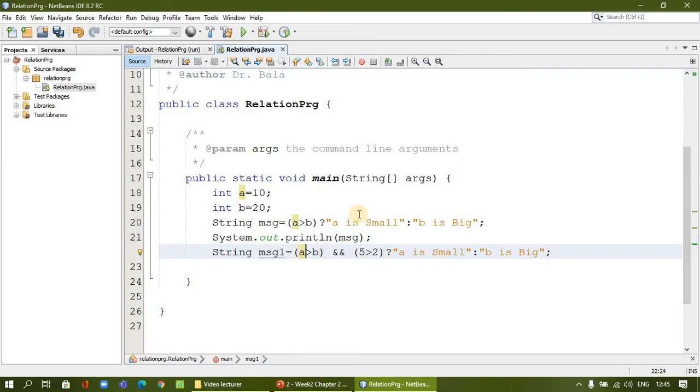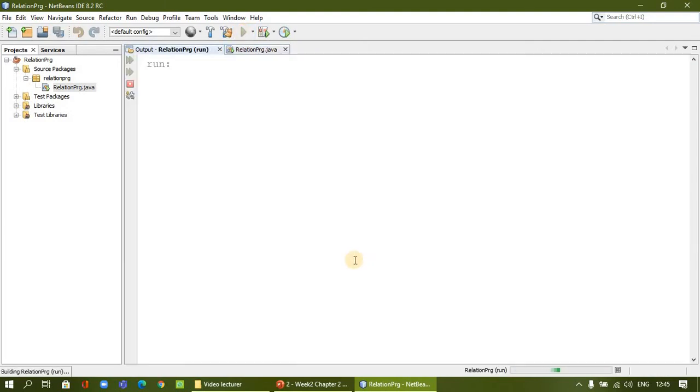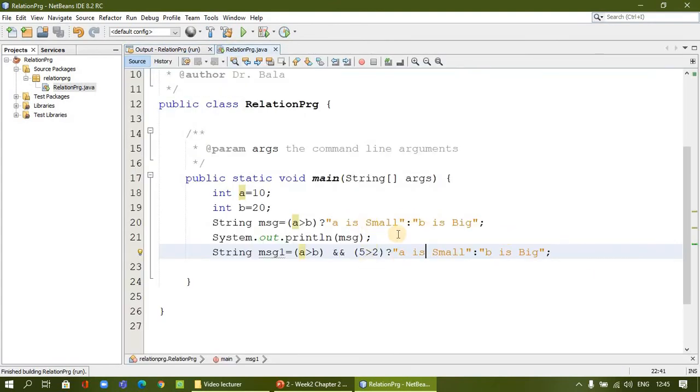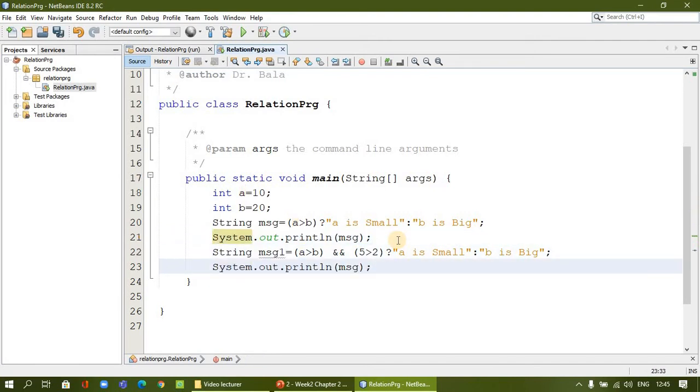For example, what is the condition here? A is 10 here, B is 20 here. So it is getting false. False means on this side it is true. False and true, then it goes to the else condition. Let us see. So this is a logical condition here. It will say B is big only, not the first result. If both are true, it's not printed. I missed the printing, so I will go and print message 1 here.